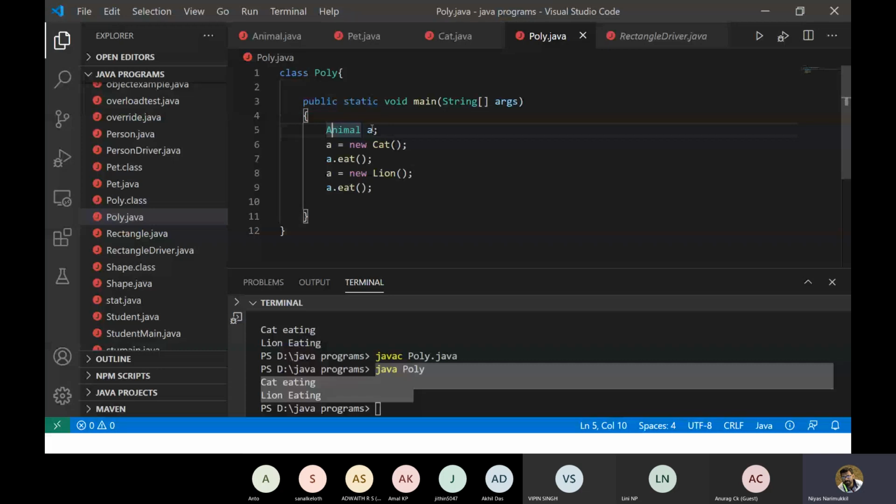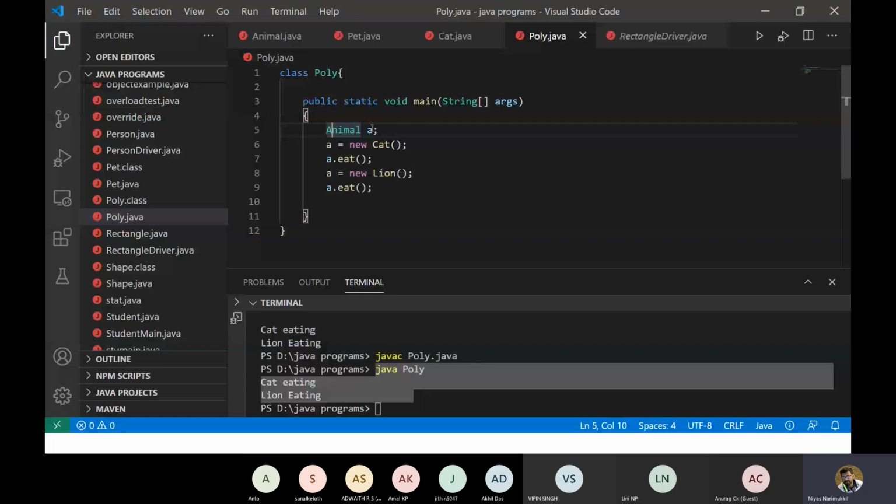With the help of that remote, we can control all kinds of TV. So that is an example of polymorphism. With the help of one remote, we are able to control different objects. One variable can act as a different object. So we can feel that it acts as a different object.